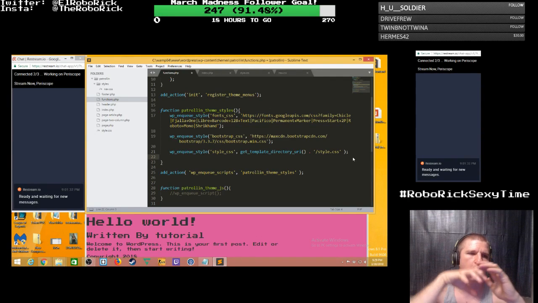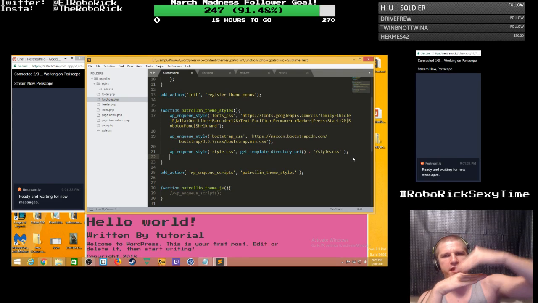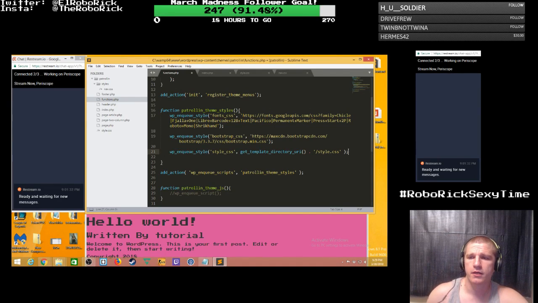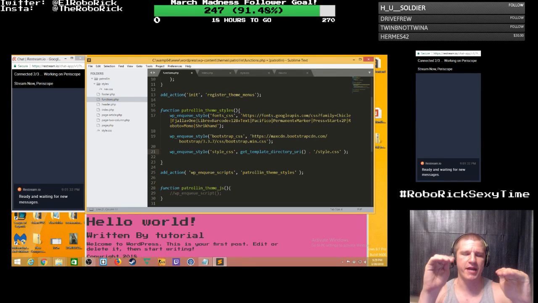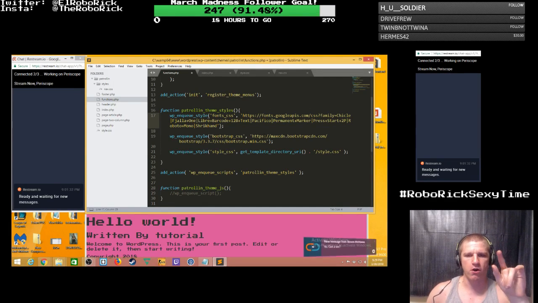As you go below it, it respects the lowest file, so it inherits the lowest file first, and then it works its way up. I would say put everything you're getting from an external source first. For example, we have our fonts from Google first, our Bootstrap second, and then, oh shoot,